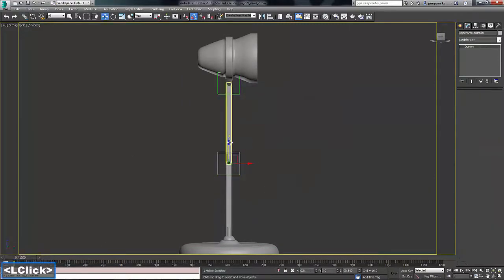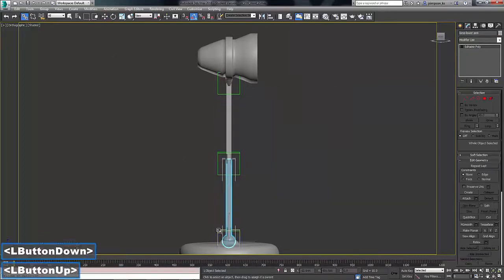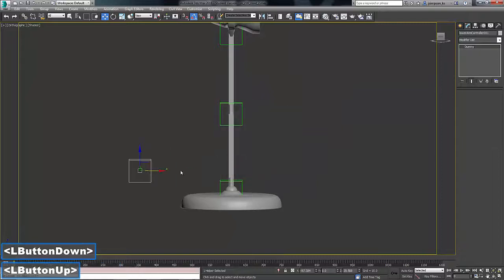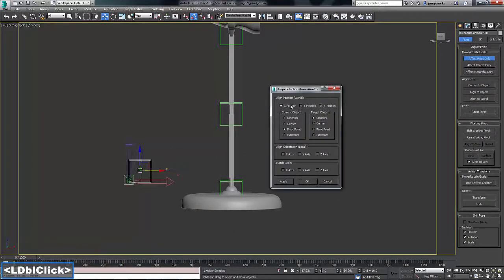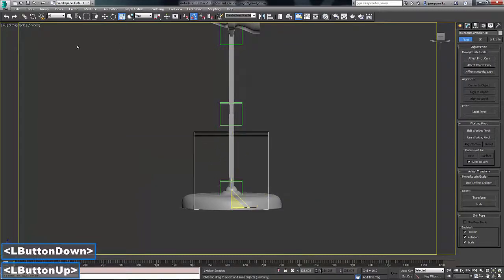So you could say the bulb is the grandchild of the dummy object. We continue this process down the lamp, creating dummy controllers and linking them to each of the pivot points in the chain: the upper arm, lower arm, and the base. With the dummies created, properly placed, and now the proud parents of the lamp mesh parts, it is time to